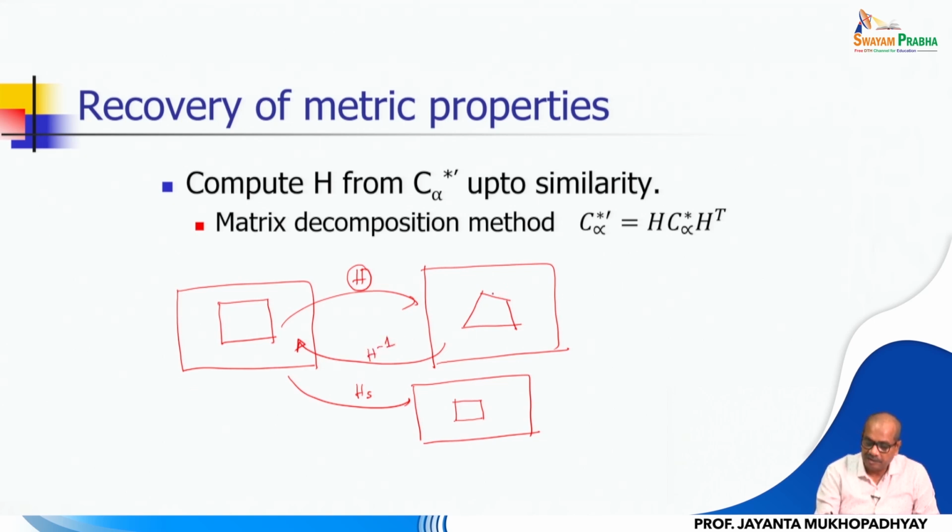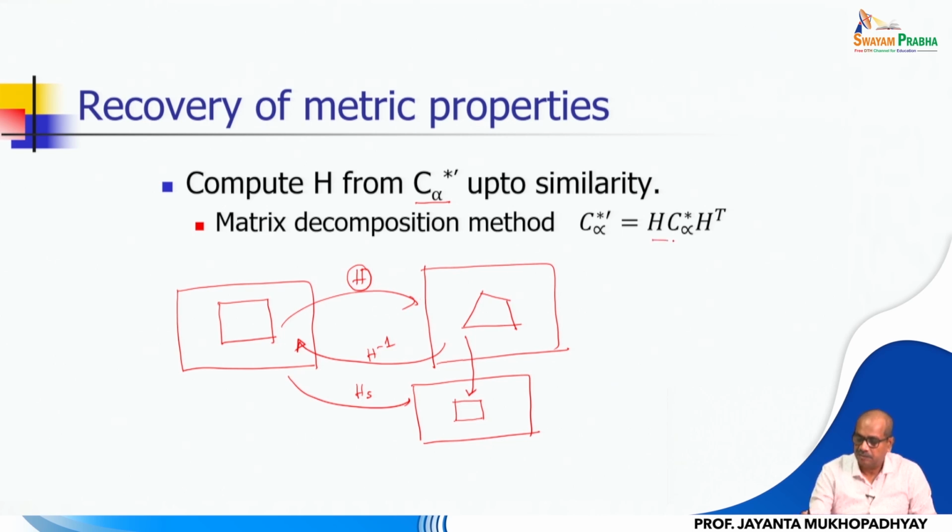So, first we can estimate the transformed dual conic at infinity, up to similarity, which means that if I apply this, it may not exactly come here, but you can get this result. Aspect ratios will be preserved, but exact distances between vertices will not be preserved. That is the kind of rectification you can do up to similarity. So, once you estimate the transformed dual conic at infinity, the thing we discussed just before this slide, what you can do then